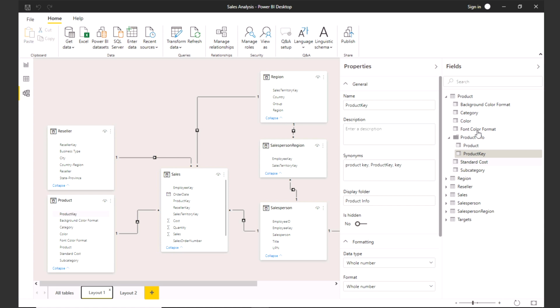Once you decide that you don't need this folder anymore, how can you reverse the process? So you will come here, you will select the field product key and just delete this display folder name and hit enter, and you will see it is coming back under the product table. So